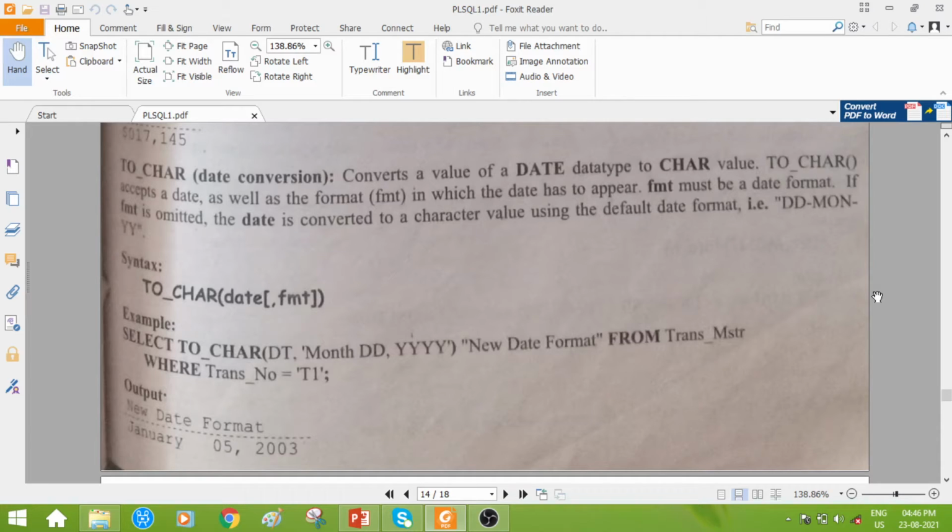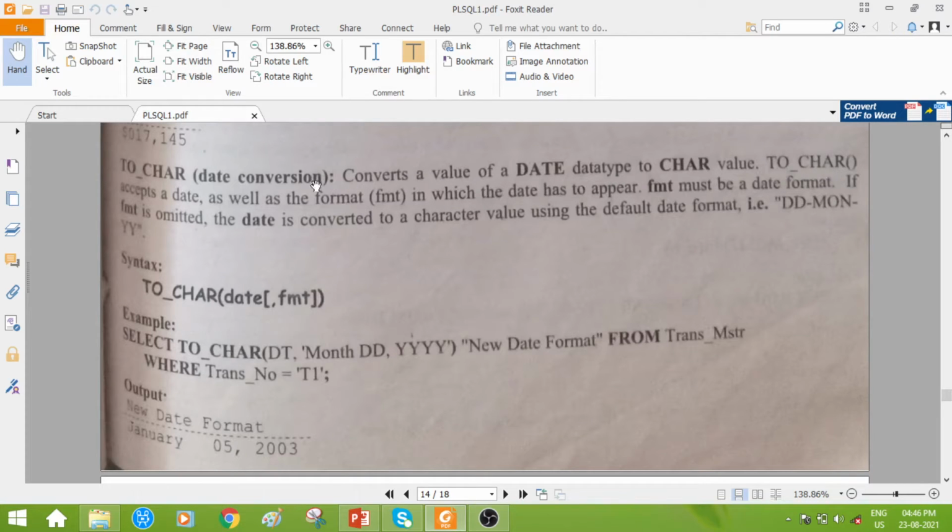The input we are supposed to give for this should be a date data type if you want to convert the value into character type. It converts a value of a date data type to a character value.